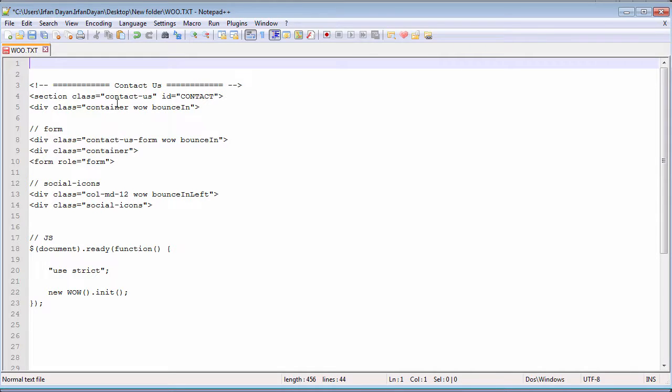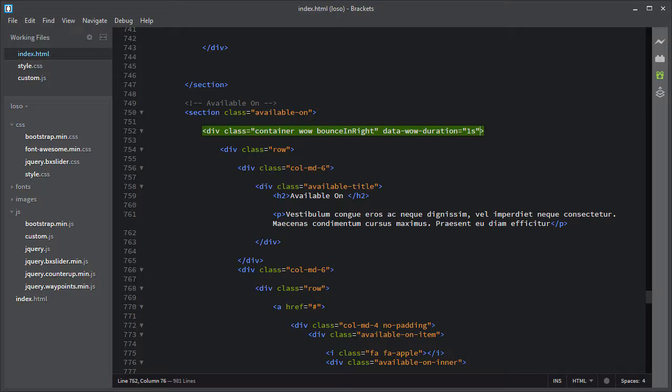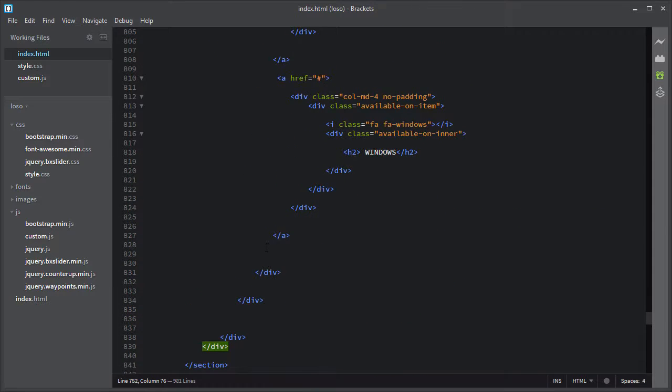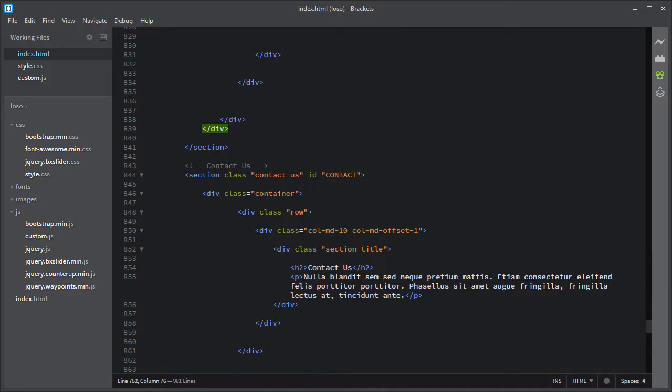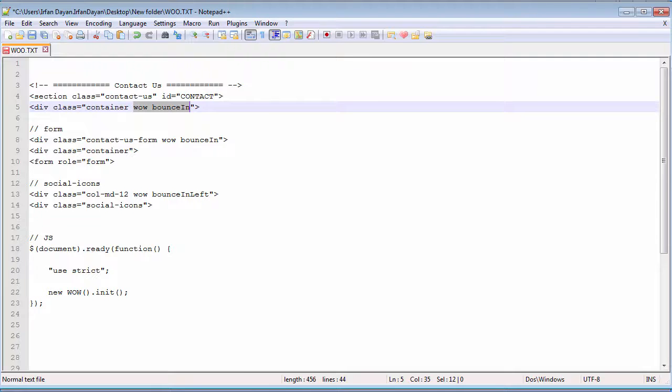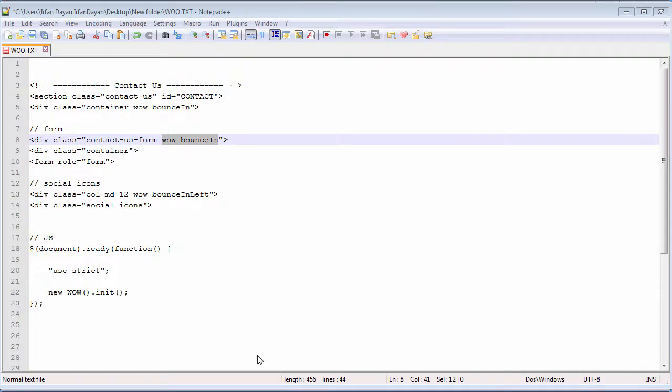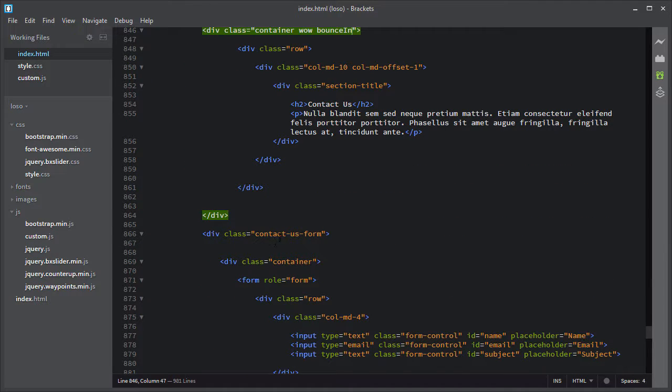Okay, let's add animation to the contact us form. So it should be the main container for the contact us should bounce in. It is just bounce in. I will move to the contact us section, and it will go inside the container, and there is also some more to add, like contact dash us dash form should bounce in. It should also bounce in. Contact dash us dash form, it should also bounce in,